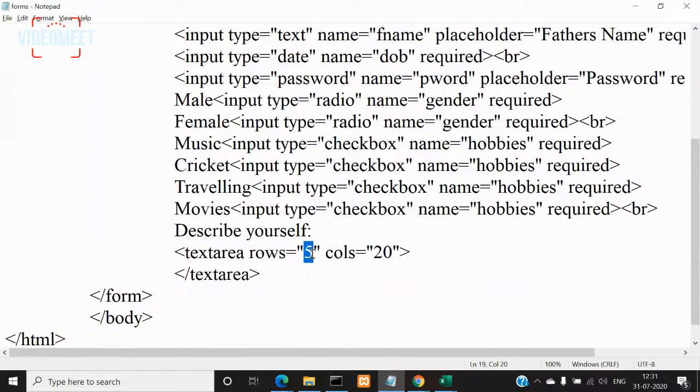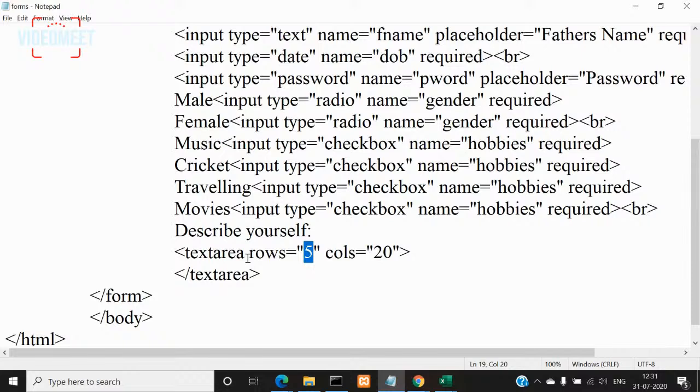How many lines you want to type, that much you can specify here. Even though you specify 5, it will allow you to type multiple lines, more than 5 lines also, even less than 5 lines also. But on your screen, only 5 rows will be visible at a time. If you want to see the remaining lines, you have to